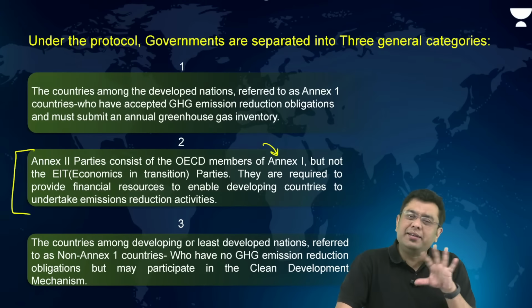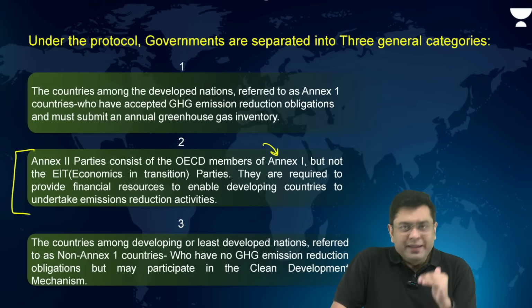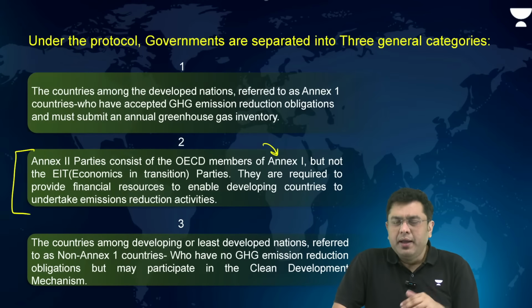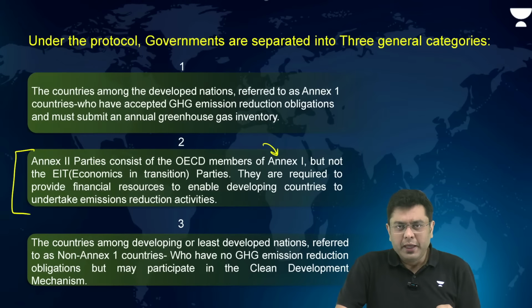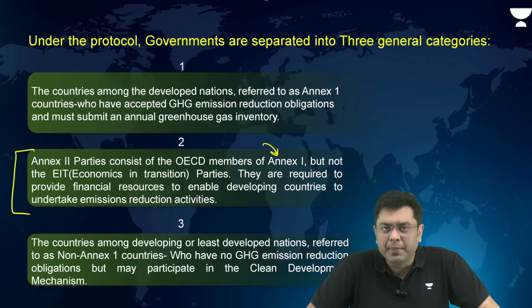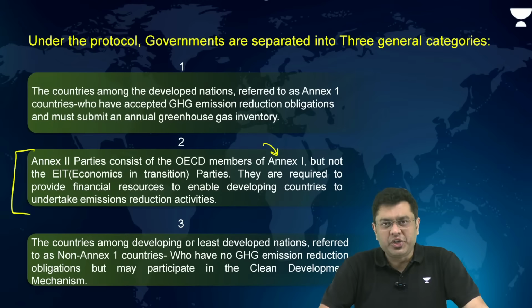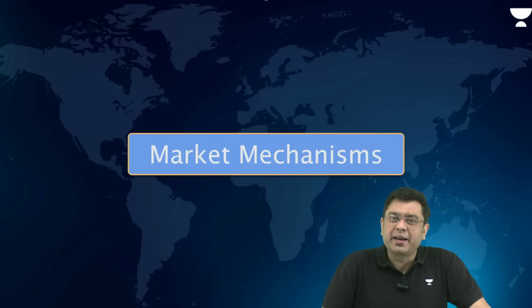And then you had the third group of countries, including India, China, Pakistan, and so on, who were developing or underdeveloped. They did not have a target to meet, but they were encouraged to reduce the amount of carbon emissions. So like that, a division-wise conditioning was set up regarding how to deal with climate change. Now, the Kyoto Protocol is well known for the 3 market mechanisms that it brought into implementation.